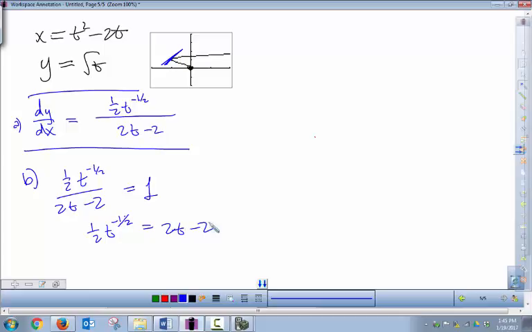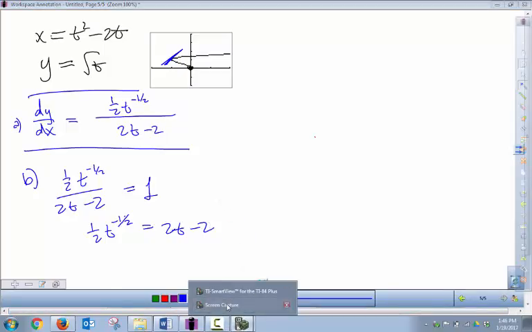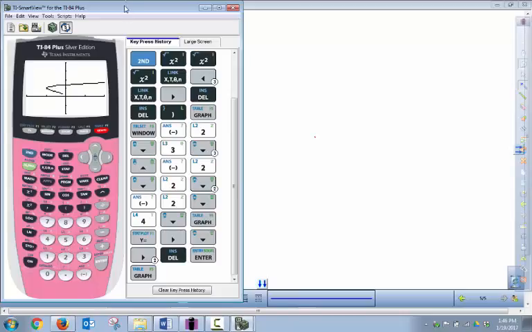So this is where I think most of you got bogged down and got stuck with some algebra. And it's not really an algebra problem. I mean, it is kind of an algebra problem, but when something like this comes up and you're not asked to find the exact value, I would just go ahead and try to graph this and see where they intersect. So I'm going to take out my calculator again, and I have to switch modes because